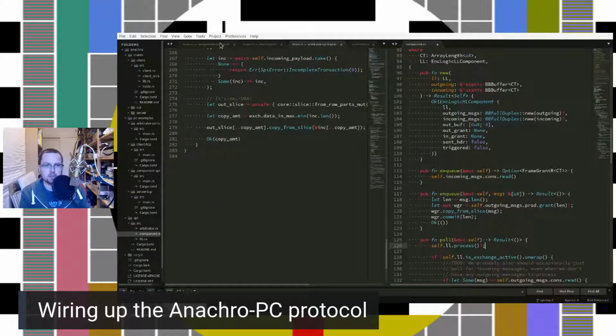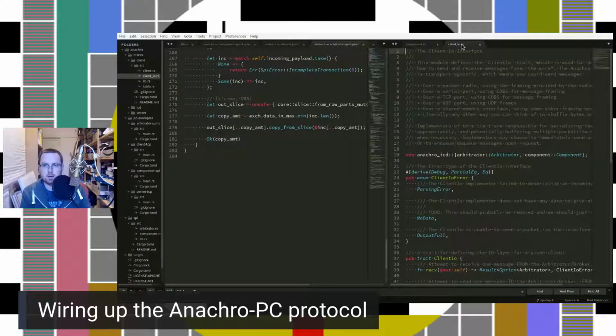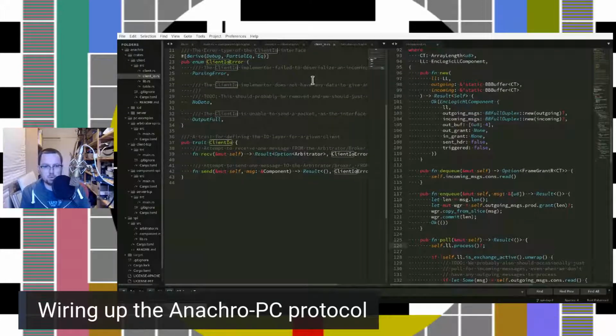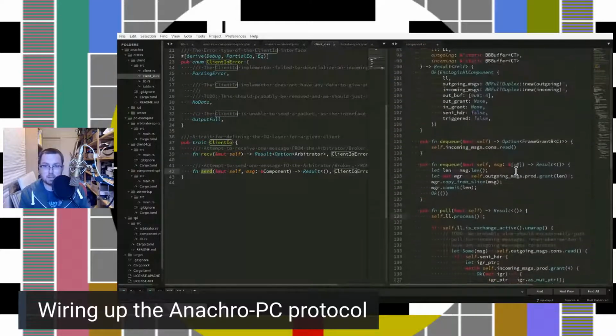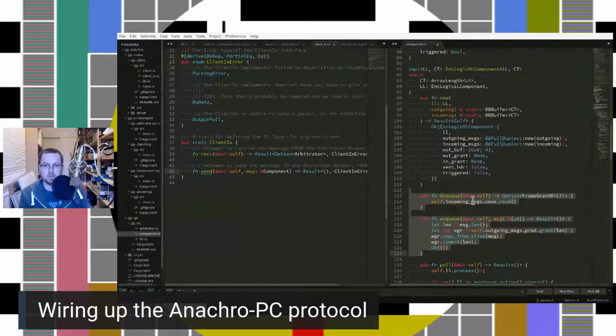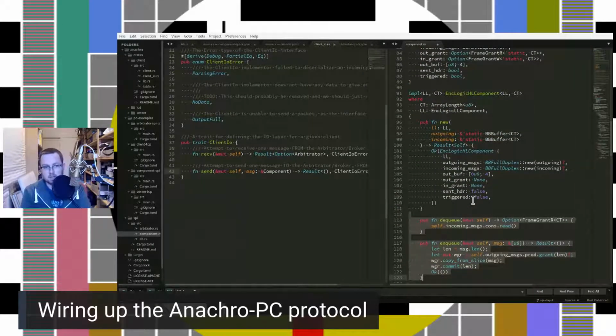And if you look at the actual client IO code, it's looking for a trait that's able to receive and send. And that's it. So, that is literally my enqueue and dequeue messages here, which means I can add a blanket impl of client IO for the logic HL component,